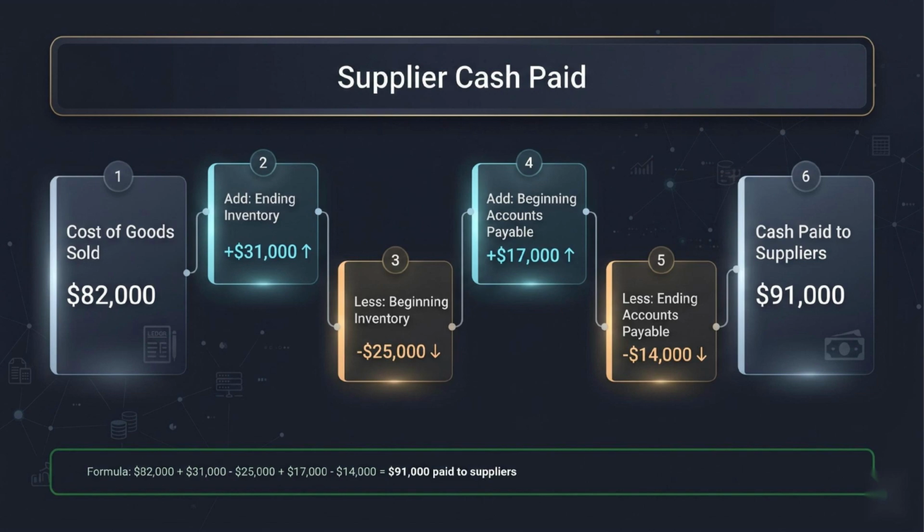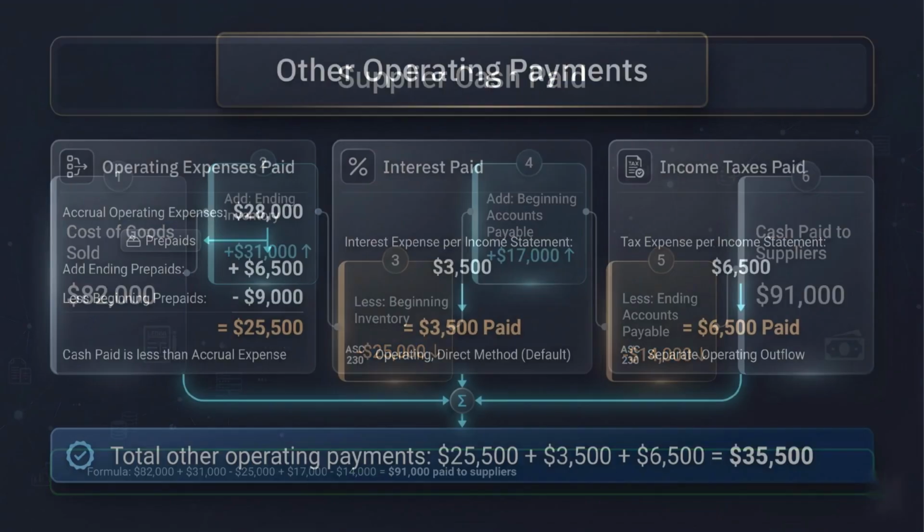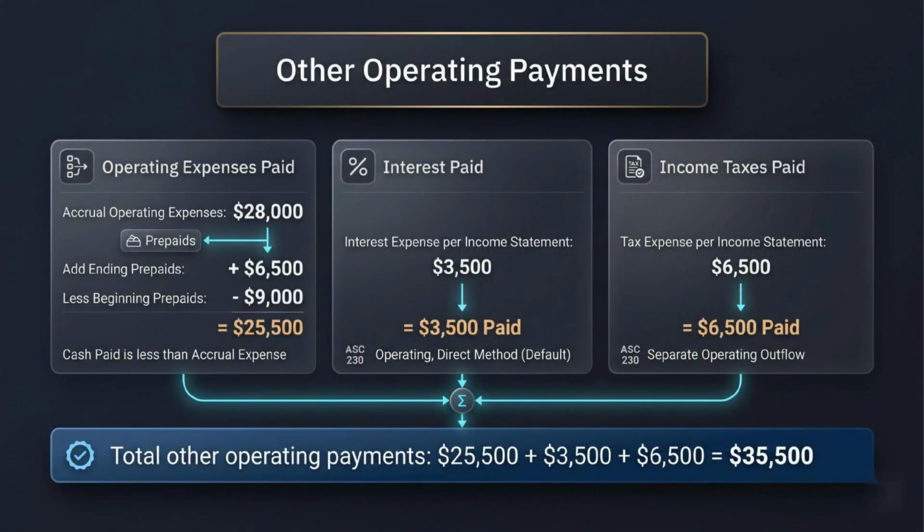This is why cash paid to suppliers is not simply COGS. COGS is the expense story, supplier cash paid is the cash story. Next, we complete the other operating cash payments. Operating expenses were $28,000. But prepaid expenses decreased from $9,000 to $6,500. Because prepaids decreased, the company used previously paid for benefits and paid less cash than the accrual expense amount. So operating expenses paid are